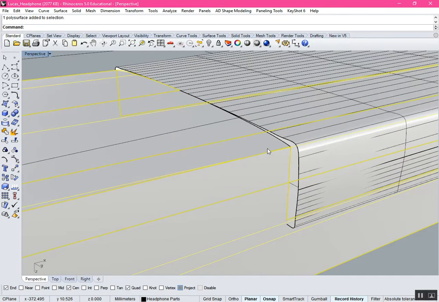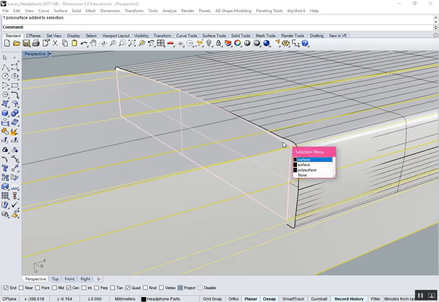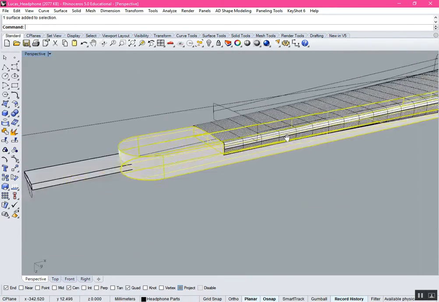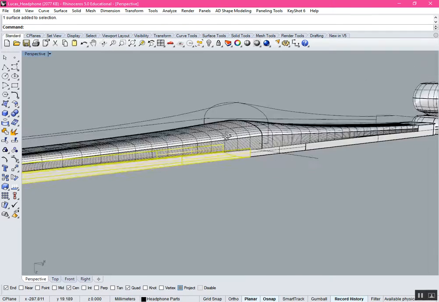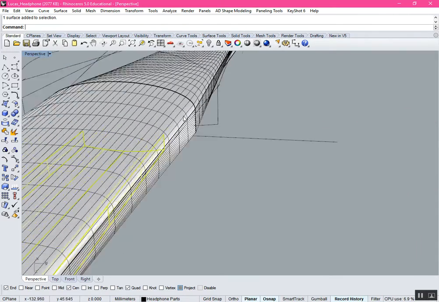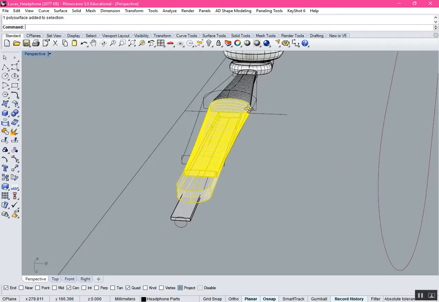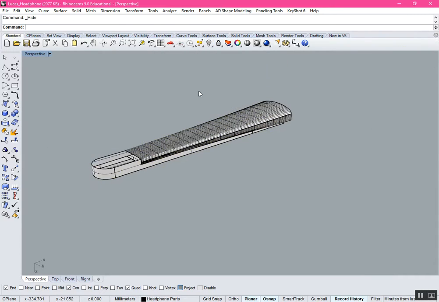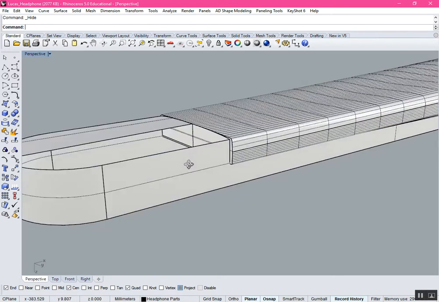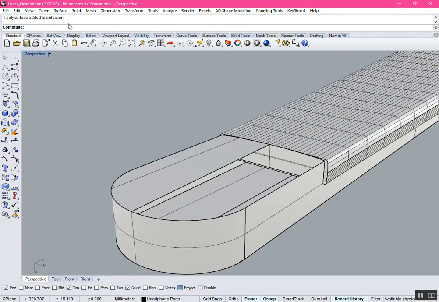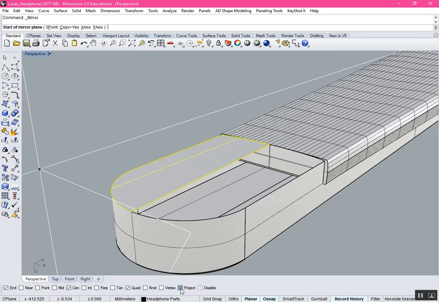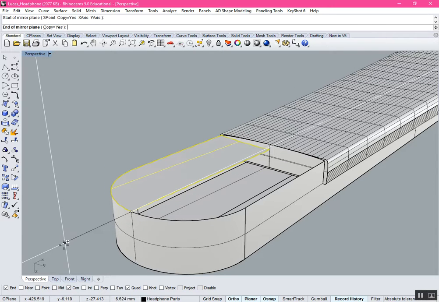So let's keep this like that, and then keep that there. Let's keep this. I'm just going to hide everything else for a second. Oops, I hit that too. So let me just do solid, extract surface. Extract that and then mirror that over to projectile. Mirror that over to